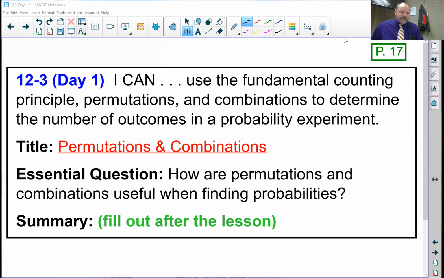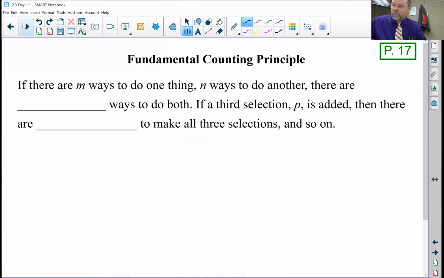Okay, so permutations and combinations are ways of counting the number of possible outcomes in certain situations. And we'll take a look at some of those today and more of those next week. So one way to count how many different ways things can happen is if you have